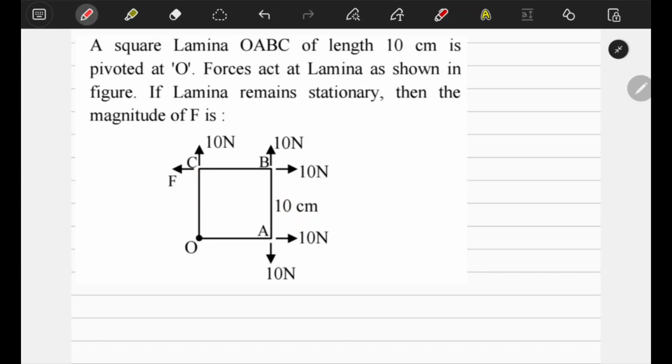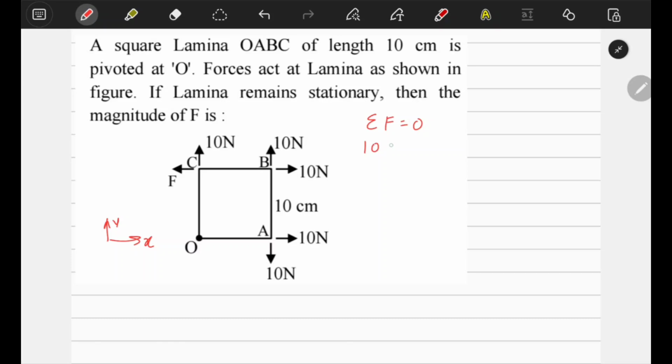So if in this question we miss out this point, pivoted, then we will think that the question is talking about translatory equilibrium. In case of translatory equilibrium, we know that net force equals 0. In order to do that, if we choose this as our x-axis and this as y-axis, then we will write down this